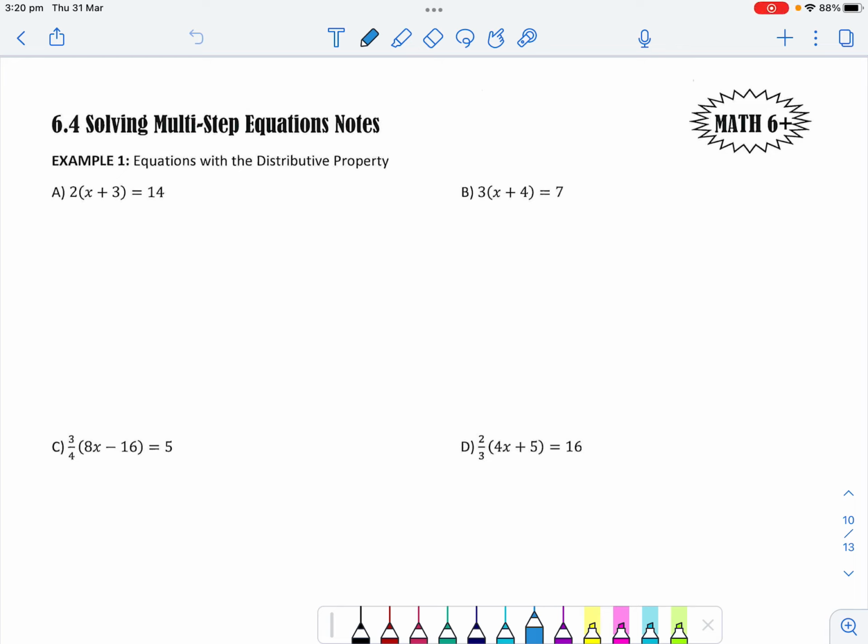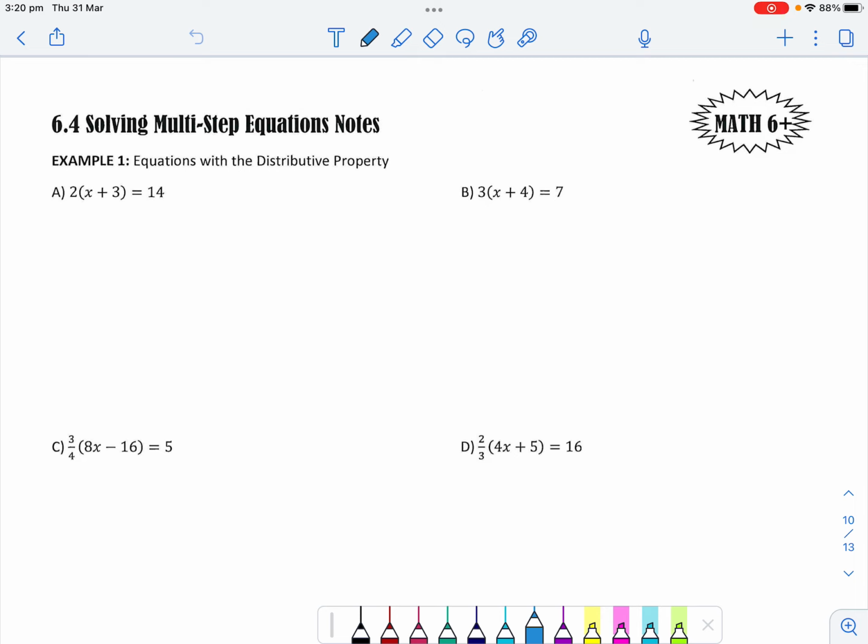Hey everyone, today we are going to be solving some multi-step equations. So we're going to be looking at equations that may take some steps before we get to that two-step part that we were working on last week. We're going to start off with just the distributive property. Then we're going to add in some fraction stuff. We're going to do some distributing with combining like terms, and then we're going to finish with some more complicated